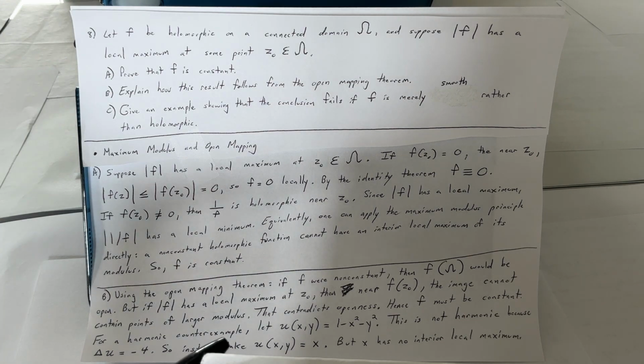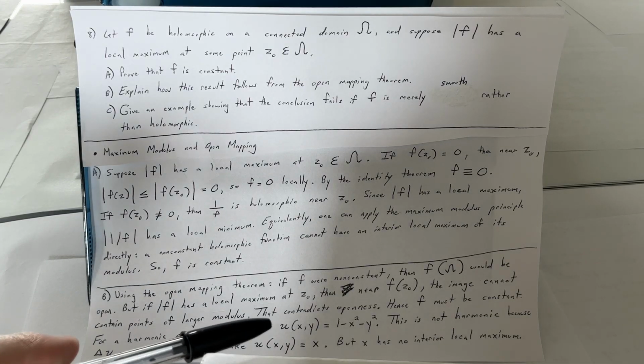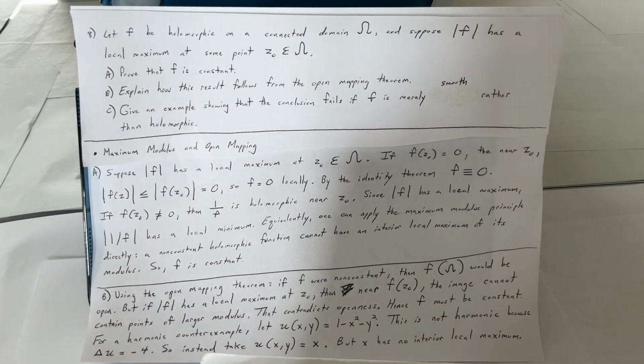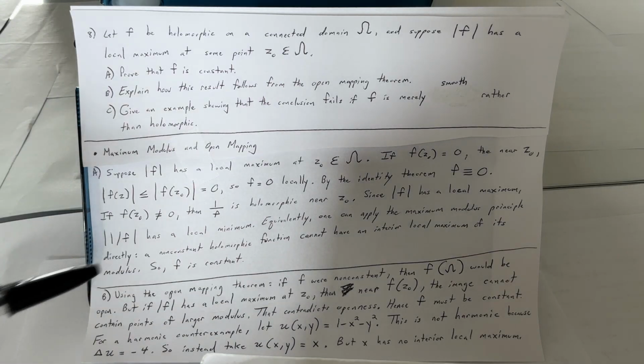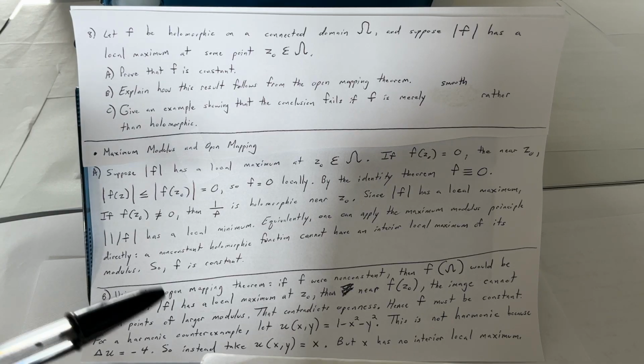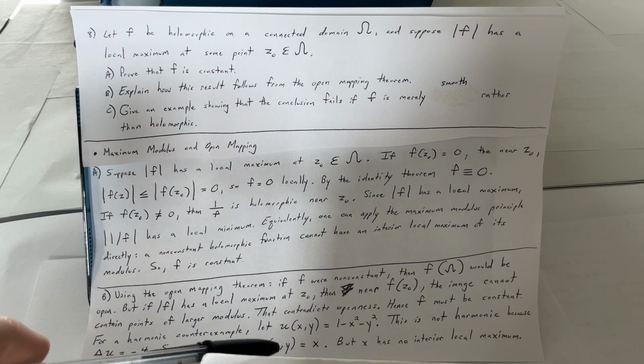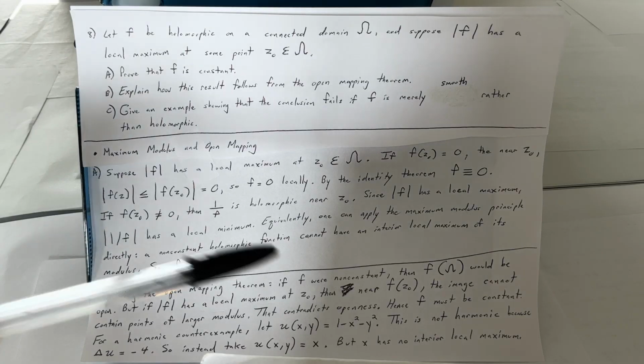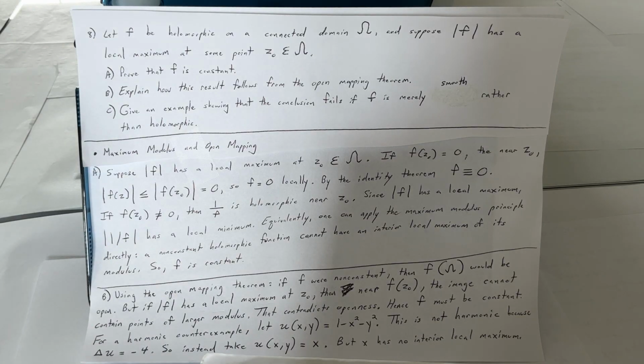And for a harmonic counterexample, if we wanted to let u of x, y equal 1 minus x squared minus y squared, we can say that this is not harmonic because the Laplacian of u is negative 4. So if we instead take u of x, y equals x, this will wind up with x having no interior local